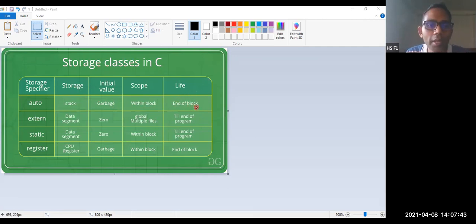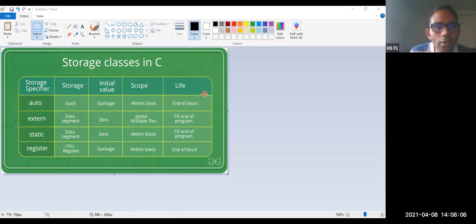Once the compiler comes out of that particular block, the automatic variables will die. That is what it says. Auto means the storage allocated is on the stack memory and the initial value is a garbage value. Then the scope is within the block and the life is the end of the block.